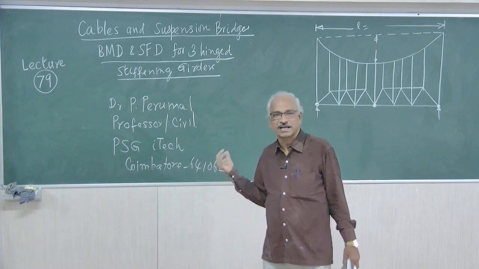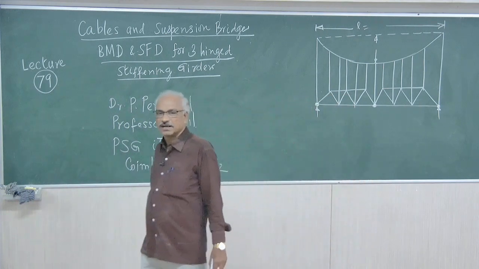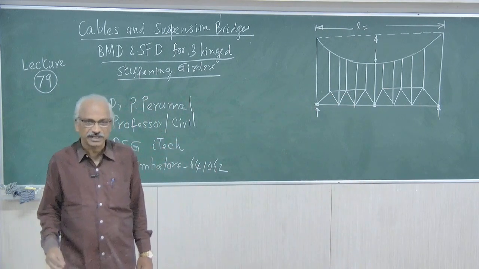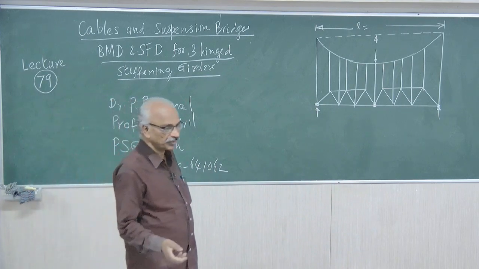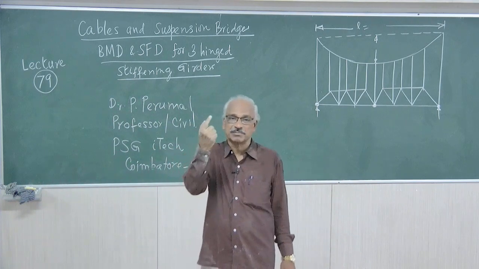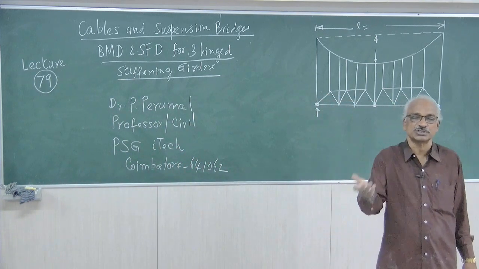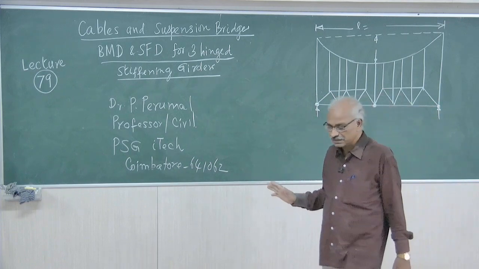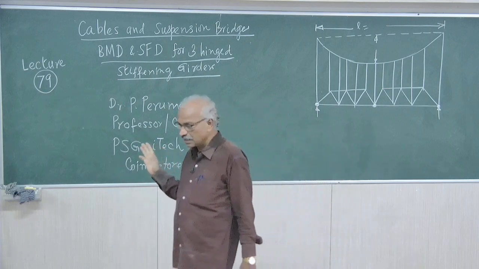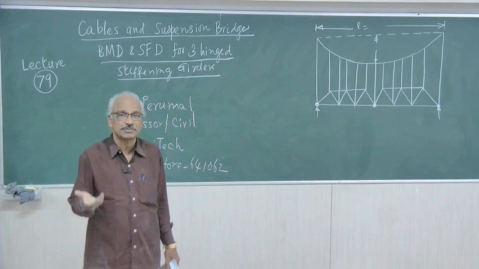So I will take one example consisting of some 3 or 4 concentrated loads. It will be a little lengthy for doing calculations and plotting. I don't want to take a simple problem with a single load. We will do it so that for other problems you will be able to comfortably do the problem. Right? So how to get the bending moment diagram and the shear force diagram for that.